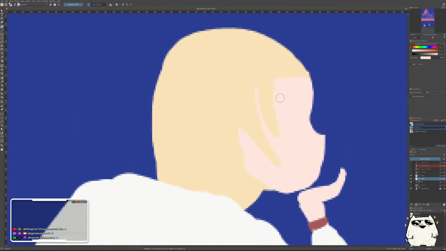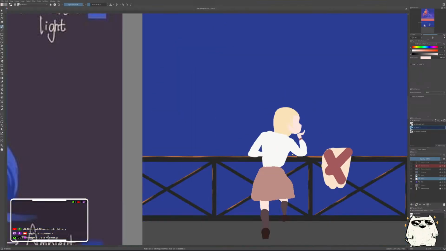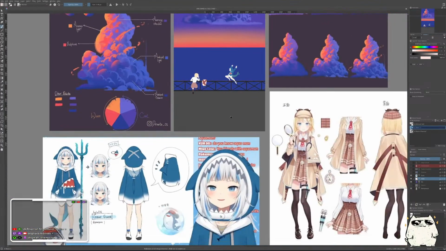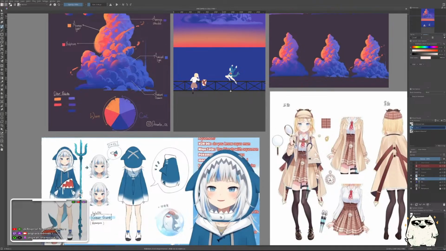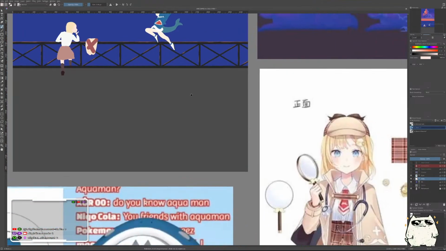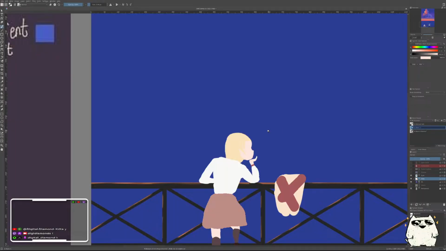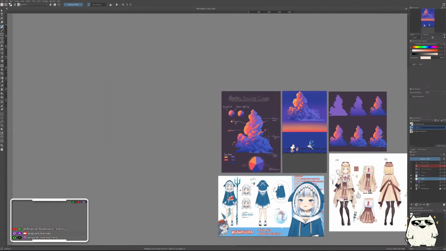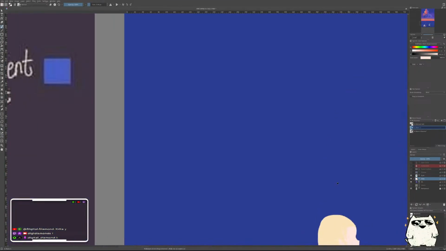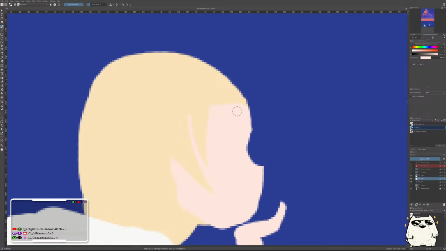Of course, we can make nice sharp edges by coming in with the other color. And we're not going to give her any eyes, because eyes are sissies. And again, we could just,